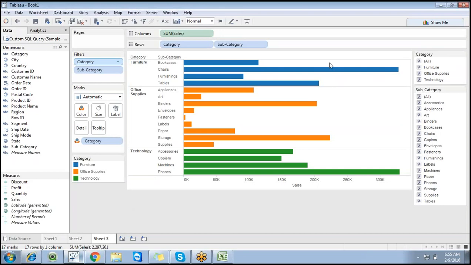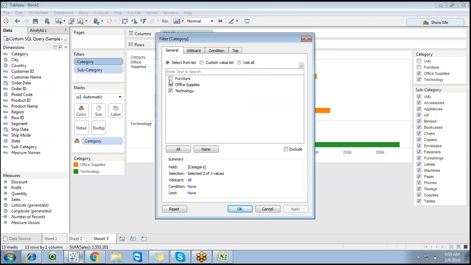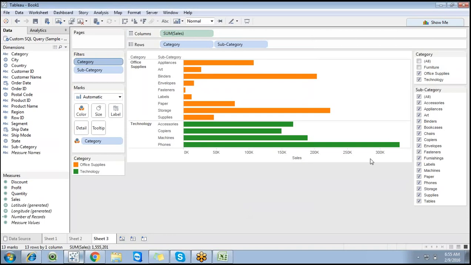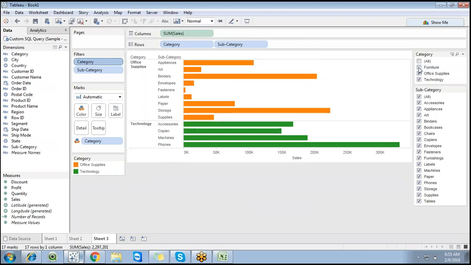It's a simple filter, but now you can see, similar to a simple web page or online shopping, you can interact with the dashboard. This is the dashboard and this is a filter. When you uncheck furniture, now you can see furniture-related information is filtered out. Right click on category, you can go with filter. Now you can see furniture is excluded. It's a simple functionality where you can interact with the dashboard. You can uncheck furniture or check furniture.